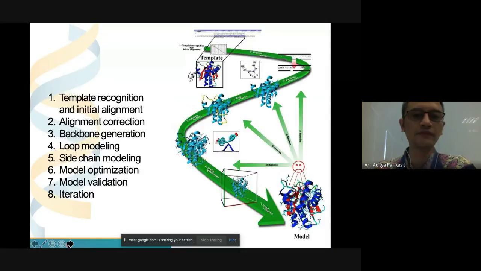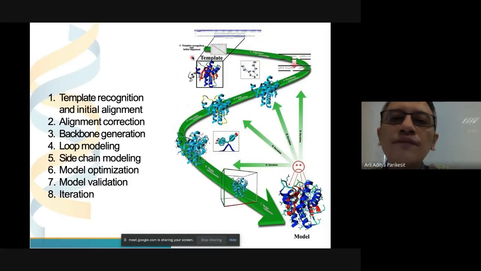So what will be the steps? Here it is. From 1 to 8 are basically the steps of homology modeling. You can see the picture. You start with the template recognition, alignment correction, and so on until you get the model validation. But when you use homology modeling software, the steps from 1 until 7 will happen behind closed doors.